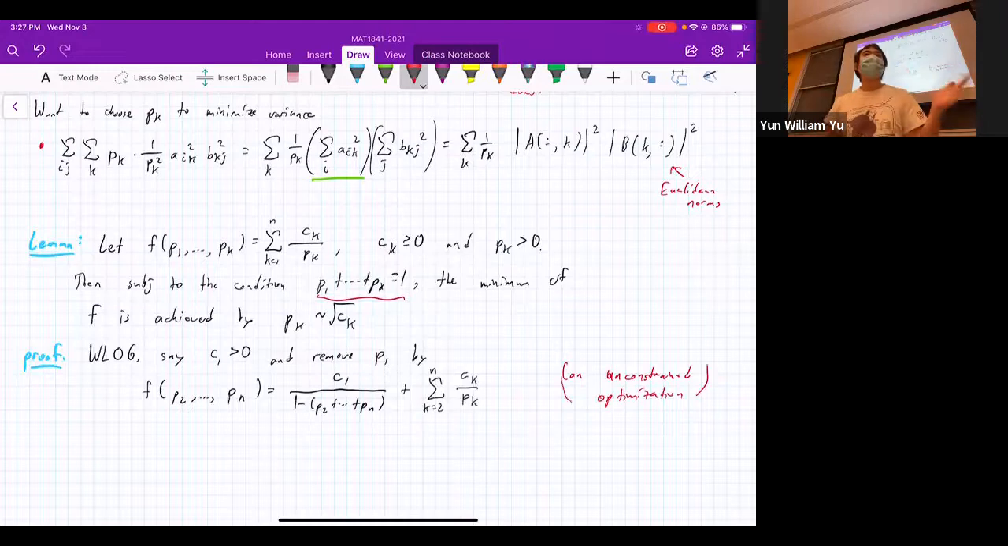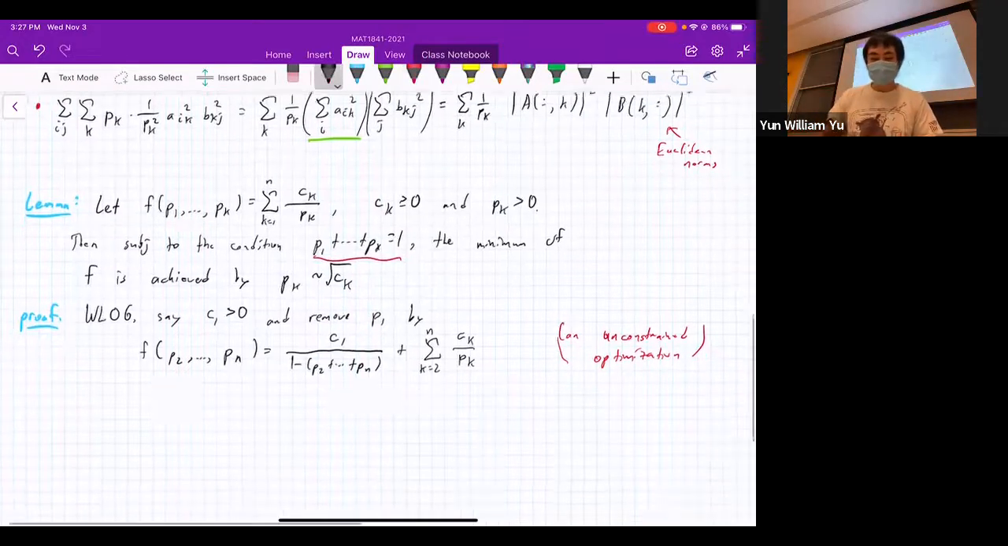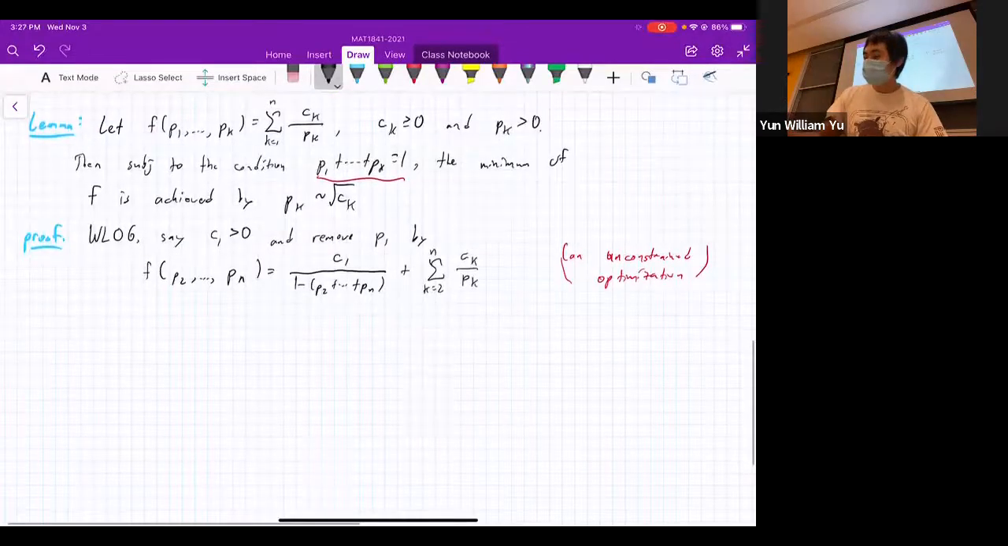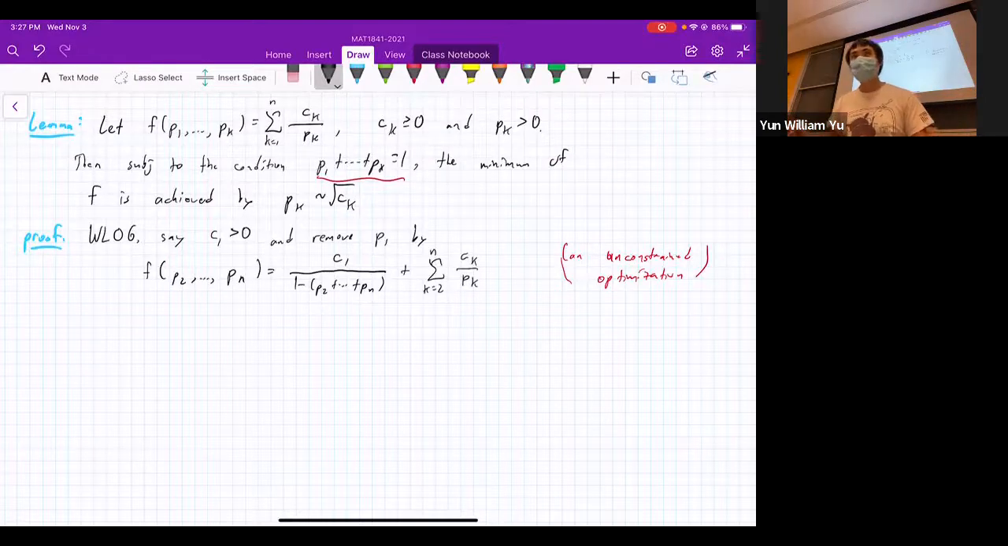And that should be easy. So how do we do an unconstrained optimization? We just take derivatives, right? So let's see what it is if we take the kth derivative, the derivative with respect to the variable pk. Then we're going to get partial f partial pk is going to be equal to,